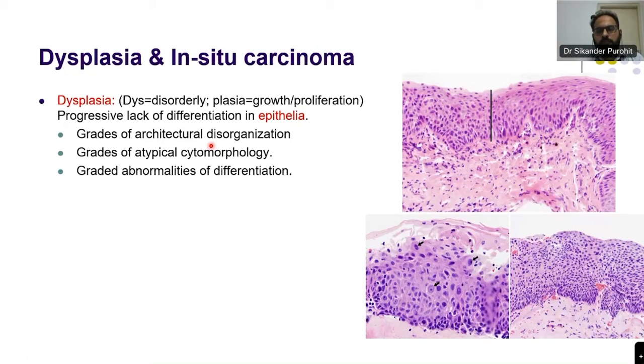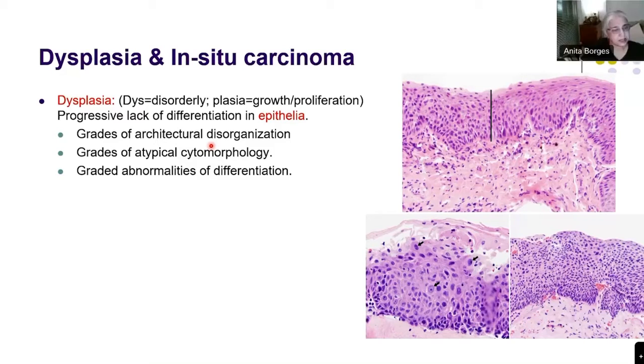So, is there a difference then, my dear friends, between CIN, meaning in situ neoplasia, and dysplasia? Are they different things, Sikandar? Yes, ma'am. They are. So, in situ neoplasia is different from dysplasia. Oh, really? What about you, Anis? Yes, ma'am. It is different. So will you explain to me the difference between in situ neoplasia and dysplasia?